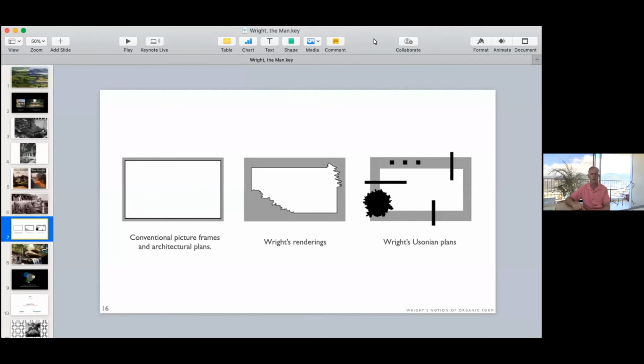And then you've got the prints and Wright's renderings, where you've got items wandering from the outside to the inside and vice versa. And then you look at his plans and you've got elements, walls and trees and things that are deliberately crossing that boundary. And I think that's the most important connection that Wright made between the prints, the two-dimensional breaking of the frame, and the breaking of the three-dimensional architectural box.